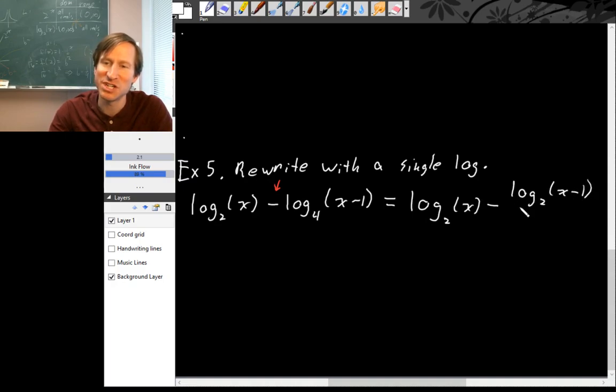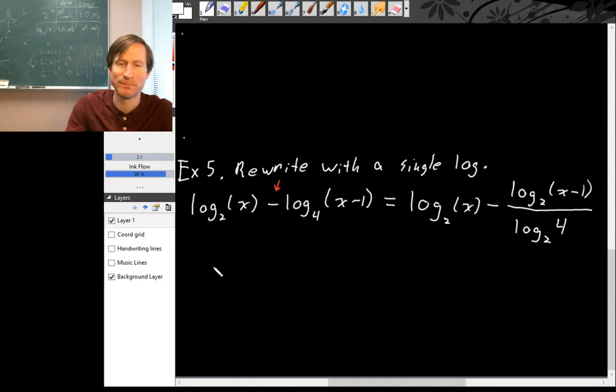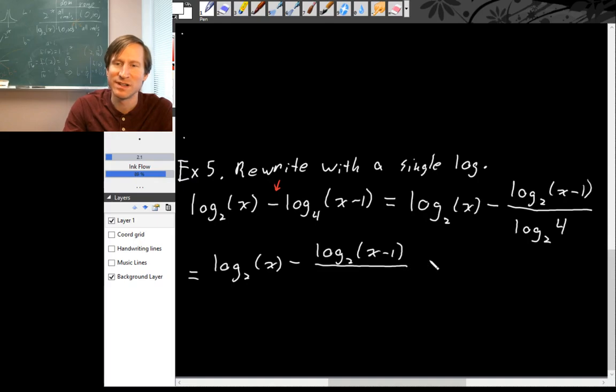But remember, the change of base formula says in compensation for changing the base, I have to divide by log base 2 of the old base, which is 4. Okay, so log base 2 of x minus log base 2 of x minus 1 over log base 2 of